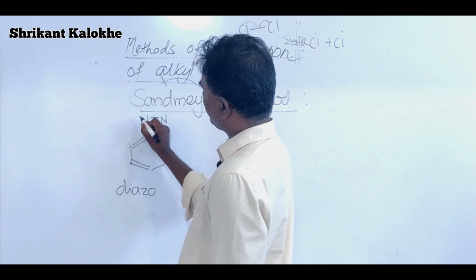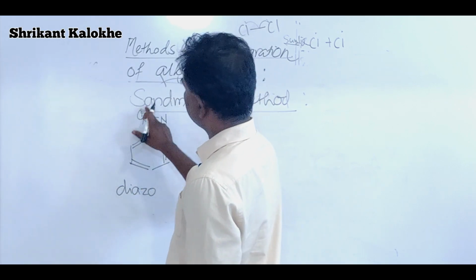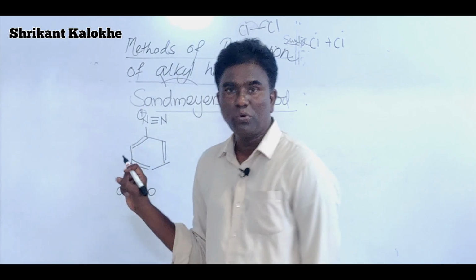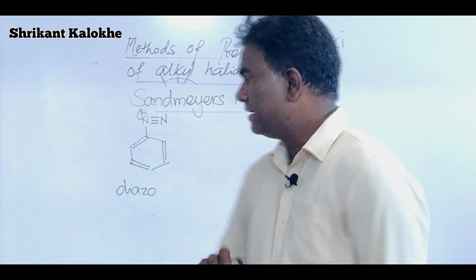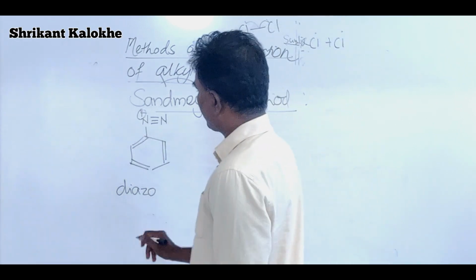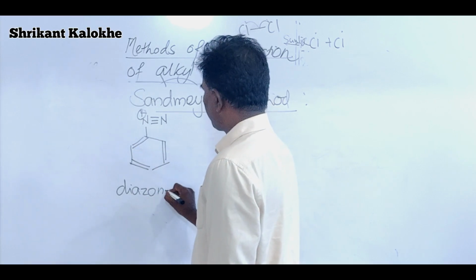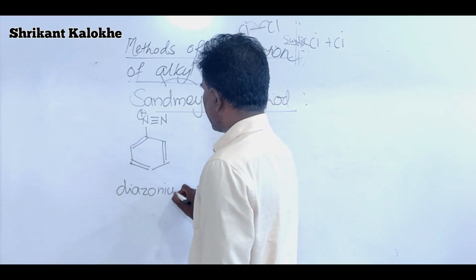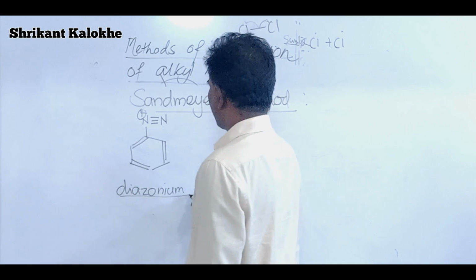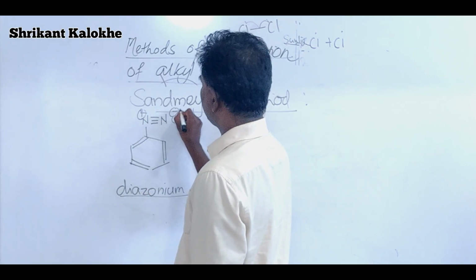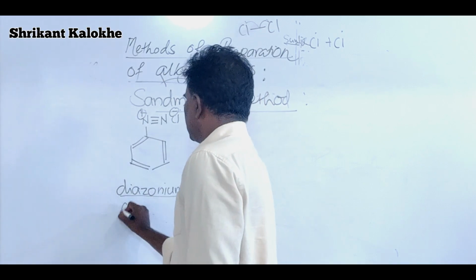But the nitrogen which is carrying positive charge has one more bond than its valency, because you know the valency of nitrogen is 3 and there are 4 bonds, so it acquires a positive charge, and because of that positive charge the suffix comes: this is -nium. So the name of this ion is diazonium ion,